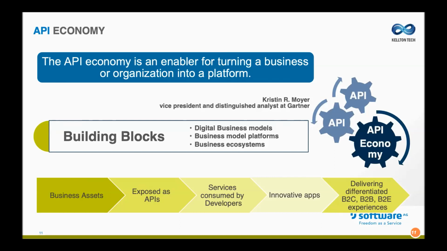Not just your partners, but your partners leveraging the APIs that you can expose can also be consumed by other network effort, by which your business models might see tremendous growth opportunities. So business assets that are exposed as APIs, that are services consumed by developers through innovative apps, not just by our IT applications and our end customer ecosystem, but also through partner ecosystems as well, is what we believe to be the new API economy.